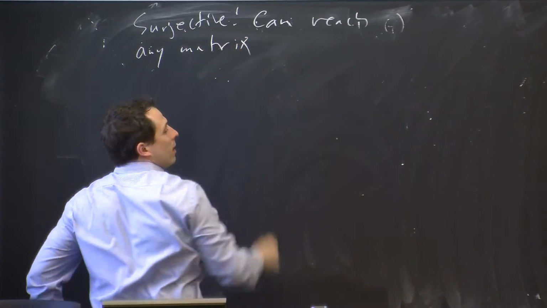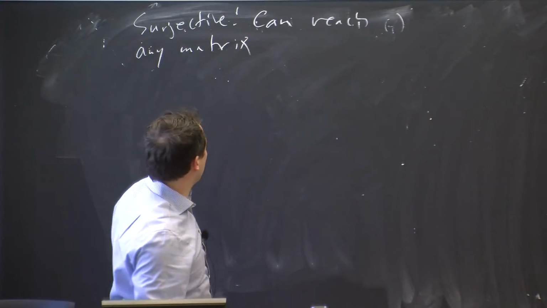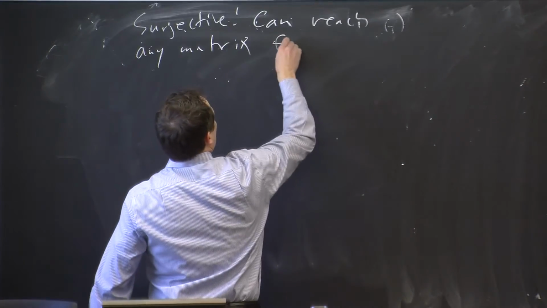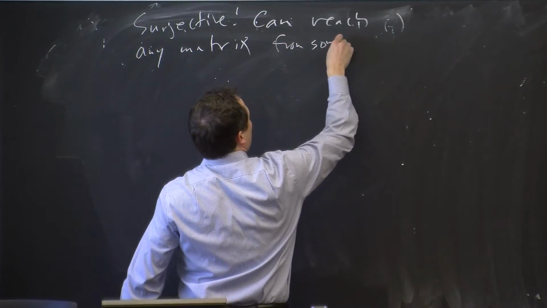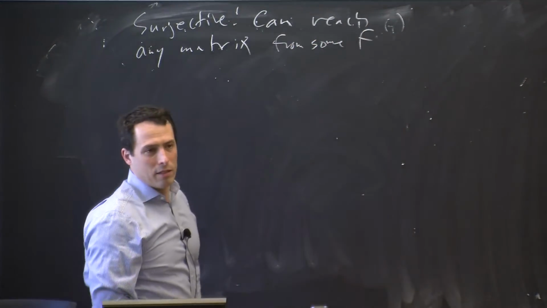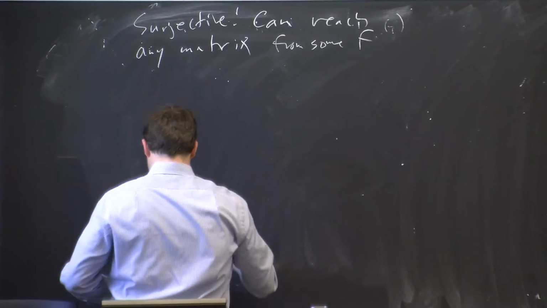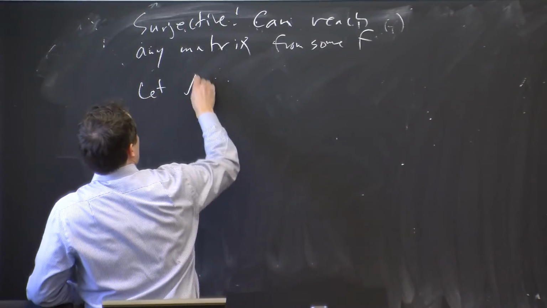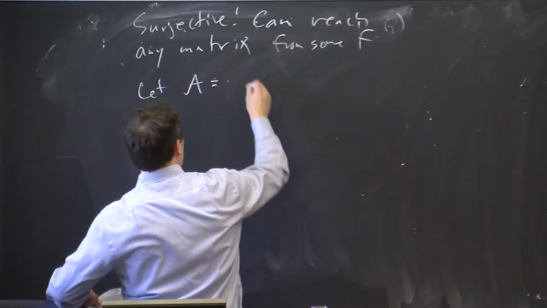So if I give you any m by n collection of field elements, there is some linear map that gives me that matrix. So suppose I have such a matrix,